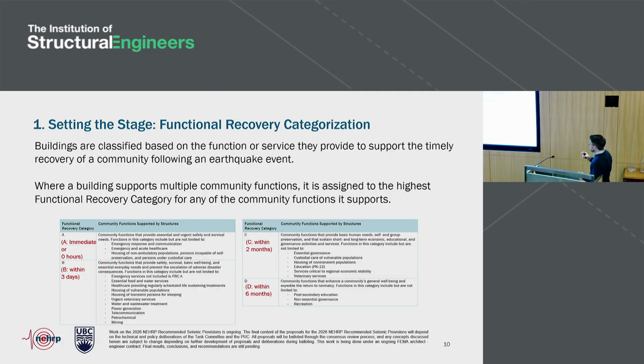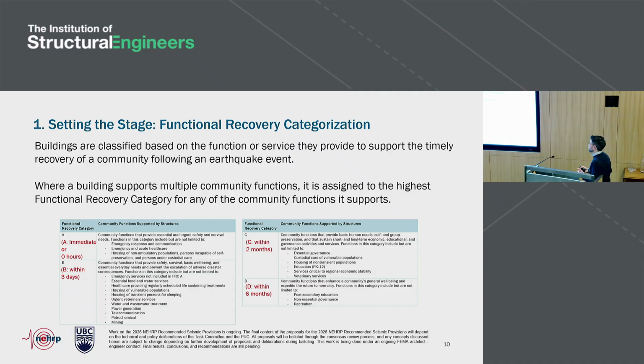This may seem very similar to what we're already doing in the US, which is assigning risk categories to buildings when we design them. Some of you may be familiar with a risk category 4, which is a hospital building, essentially, that type of facility. But the mapping is not one-to-one. The example that I like to use is housing. Housing or residential occupancies in the US, if you're doing a life safety design, are risk category 2. That's like a normal importance building.